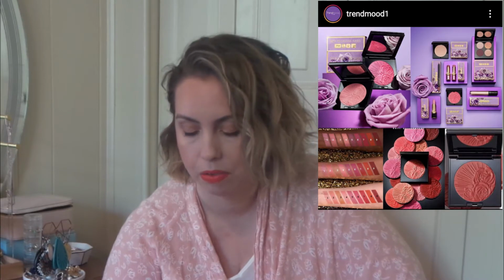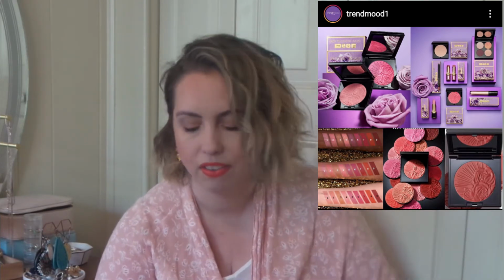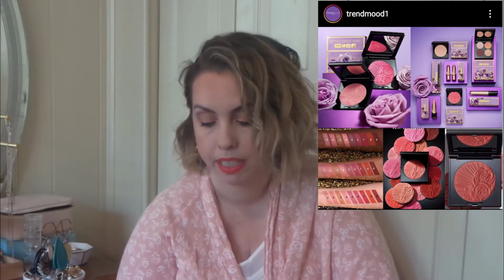Pat McGrath came out with blushes. Look at how gorgeous these are. I mean, just to look at it would probably make me happy to have in my collection, and then to actually apply it, you know, it's so pretty. I didn't see a price. I grabbed the screenshot a couple days ago, so I'm guessing $50. So good thing I don't have to decide on that one. And then